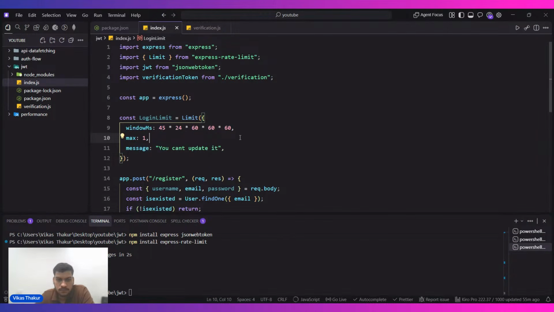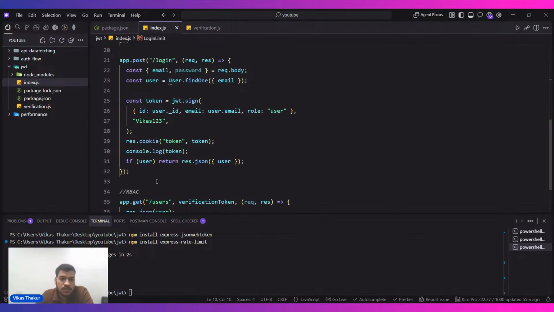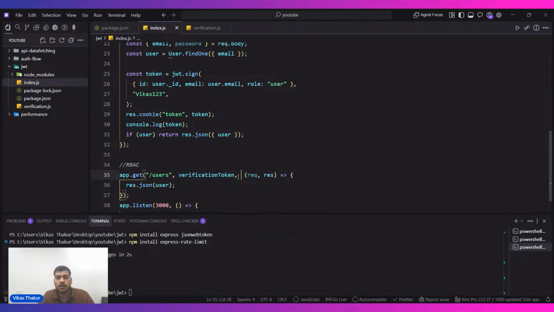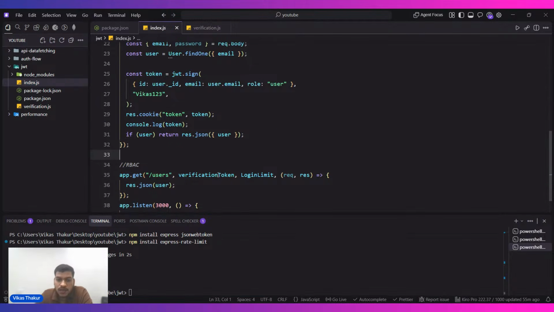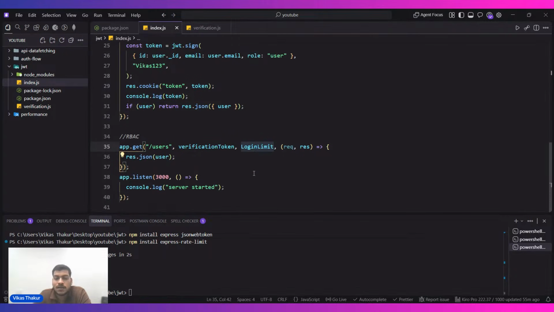Simple. कि अगर मैं इस राउट के साथ साथ, या समझ लेते हैं वेरिफिकेशन टोकन के साथ साथ, इसमें एक लॉगिन लिमिट भी लगा दूं, तो अब ये राउट डबल प्रोटेक्शन में आ गया है कि ये पहले वेरीफाई भी करेगा कि भैया ये यूजर एक्चुअल में वही यूजर है या नहीं, और ये भी चेक करेगा कि इस पर्टिकुलर यूजर का लिमिट तो हिट नहीं हो रहा है, राइट? कि ऐसा तो नहीं है ये यूजर मल्टीपल टाइम आ गया वो मेरे राउट पे, दैट इट इज नॉट अलाउड। सो आई कैन थ्रो अ रिस्पॉन्स कि भैया आप बहुत ज्यादा बार आ चुके हैं, आप नहीं आ सकते इस पर्टिकुलर वेबसाइट पे इन 45 डेज, ओनली वन टाइम इज अलाउड। दैट इज नोन एज, यू कैन से राउट बेस्ड रेट लिमिटर, कि मैं इस राउट को लिमिट कर रहा हूं कि यूजर इस राउट को ओनली फ्यू टाइम कैन एक्सेस इट।